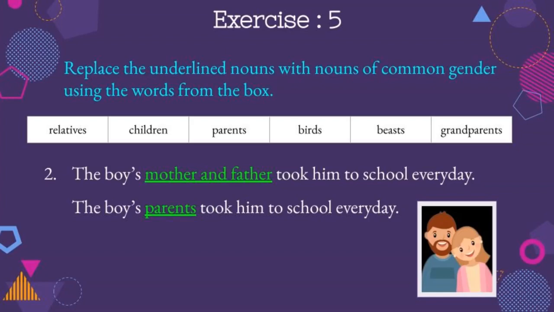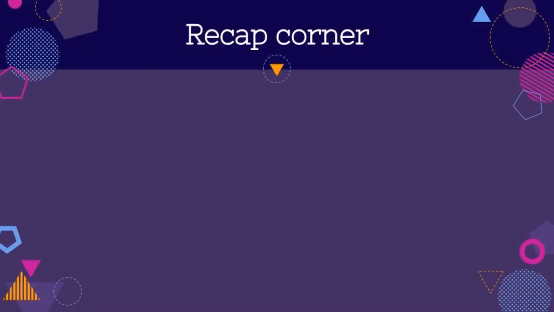In this exercise we have completed two sentences. Totally they have given six sentences. The remaining four sentences you should try in your grammar book. The helping words are already given. Two sentences are already over. Remaining four sentences you should try in your grammar book. Write neatly and clearly. Okay, students, all the exercises we have completed.